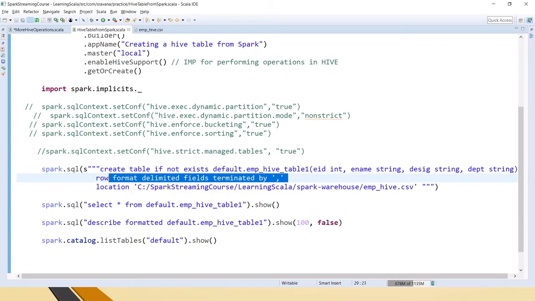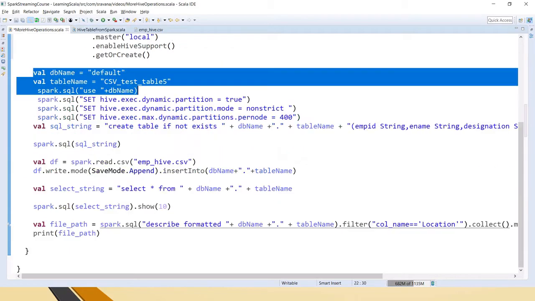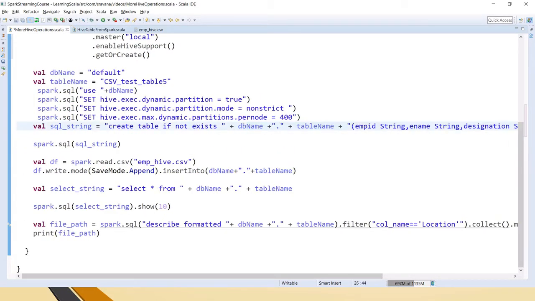This is the syntax. Okay, this is how we have to create the Hive table, and here I am sending the location, and here I have not sent any location, right? So for that, in a similar way you can just trigger insert into, or you can use load. You can use the load method here itself, or you can use the insert into method.